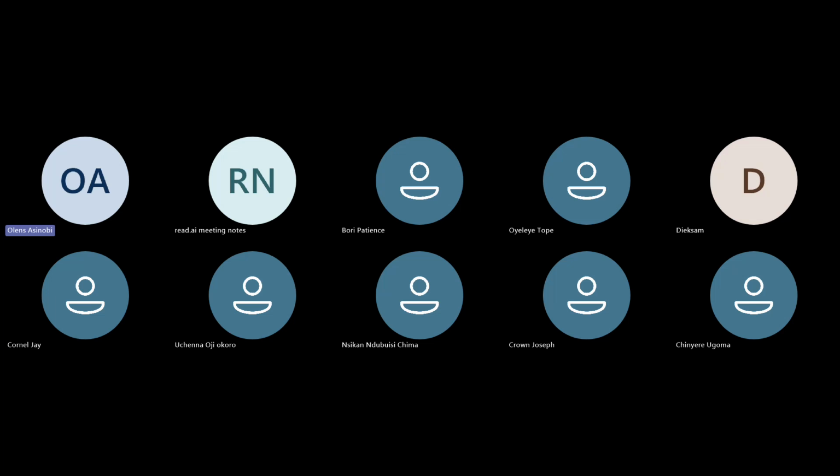I shared it both on Discord and on WhatsApp. If you've not seen it, go to the general WhatsApp group and the Discord channel under resources. You're going to see it. So that video talks about components and variants. Yes, it talks about components, component variants, and component properties, and all of that.